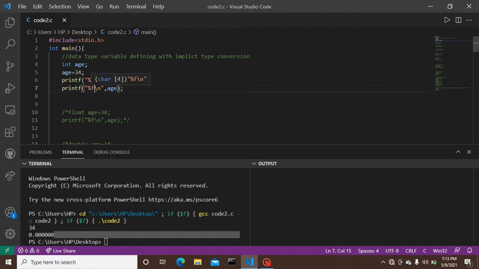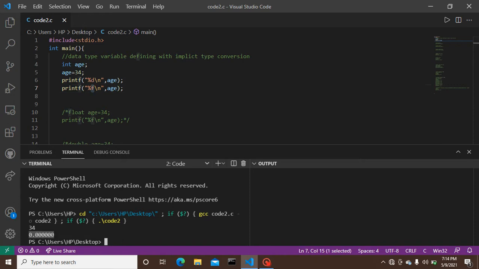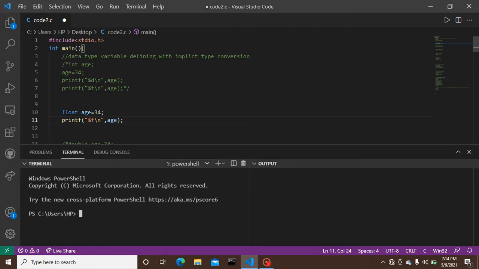If it is replaced by percent f, then it gives an output of 0.000 and is stored in other memory allocation. Let's comment it out to run other codes. Wait for a while. Here we go.